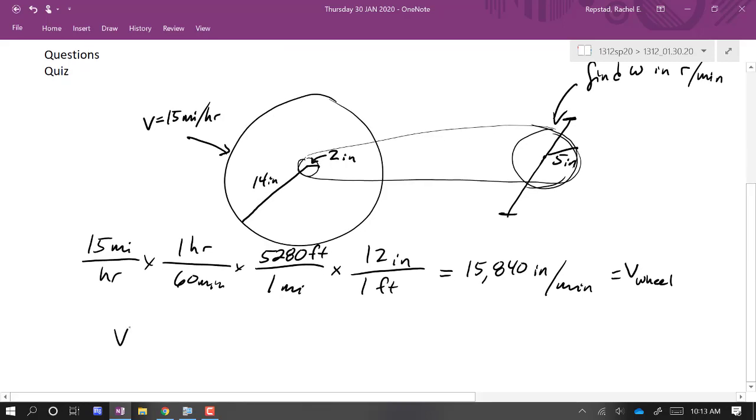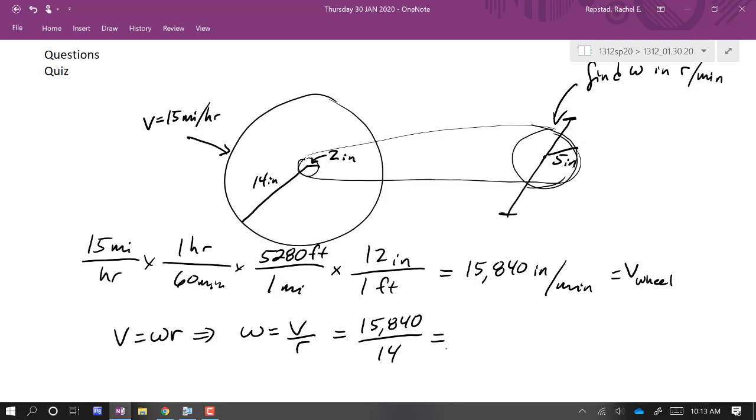So V equals omega r means omega is V over r, which is 15,840 over 14, and this is 1131.43